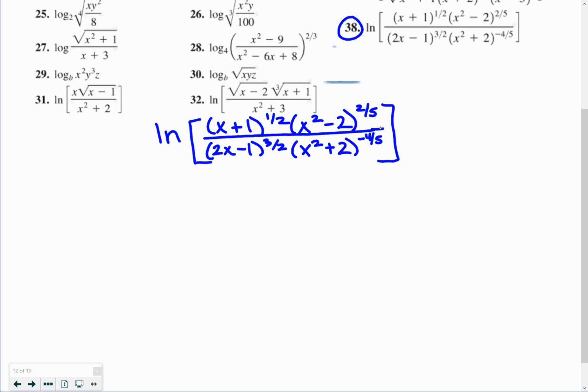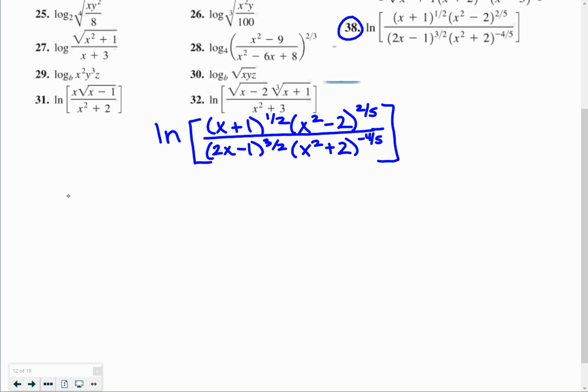Okay. So opposite now, if I have division, it's going to change to subtraction. If I have multiplication, it's going to change to addition. And if I have any exponents, I want to move them down in front. The steps here are going to be the opposite of what we did. The last thing we did in the previous problem was we changed it to division. So the first thing we're going to do is change the division to